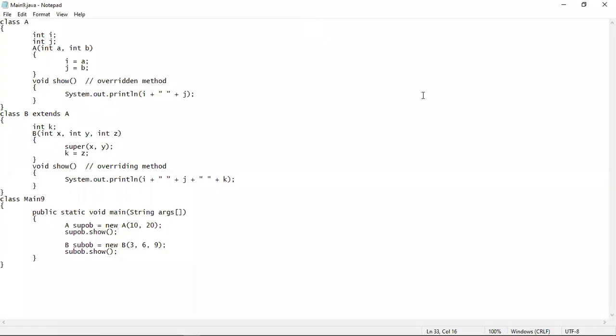So there are basically two approaches using which you can access the superclass version of the method or the overridden method. Here I have shown you one approach where you can see that we have created a superclass object. We have passed the two values 10 and 20 into the superclass constructor, and using the superclass object we have called the show method. This will obviously call the overridden method, which is this show method. And using the subclass object, when we are calling the show method, it will obviously call the overriding method, which is this show method. So let me show you the output, then it will be much more clear to you.